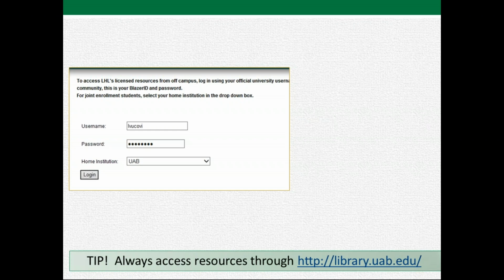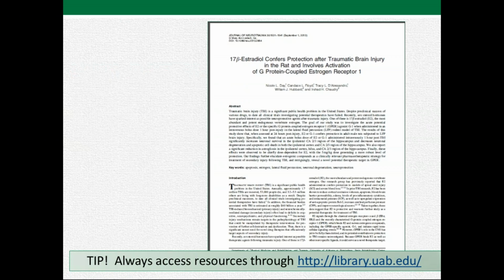You put that in and log in, and lo and behold, your full text appears. Okay? So just be sure to always go through the library website, and get in the habit of starting with the library site to get to these resources, okay?